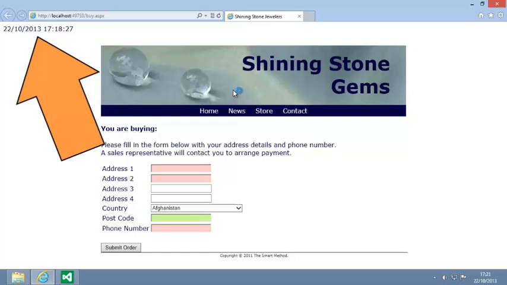ASP.NET calls the regional rules for formatting dates the culture. You can use the globalization tag in your web.config file to make sure that your site always runs using your chosen culture, instead of using the culture of the server that it is running on. Close your web browser now,